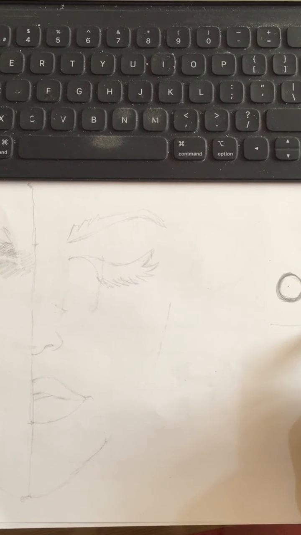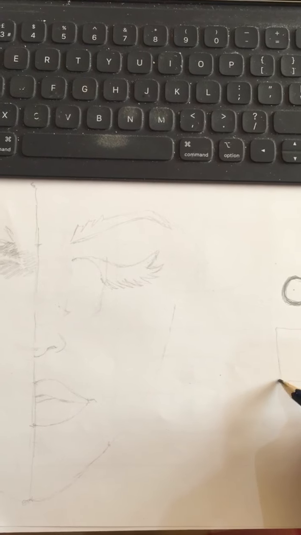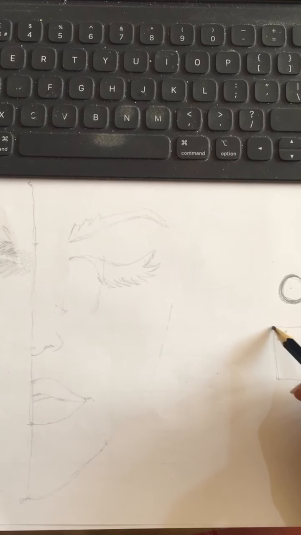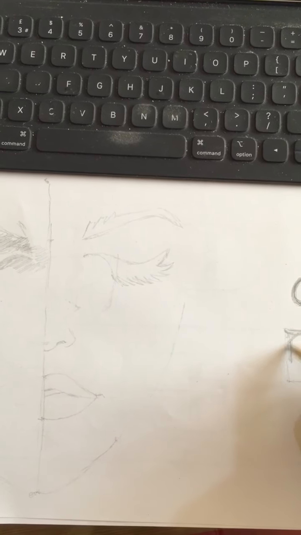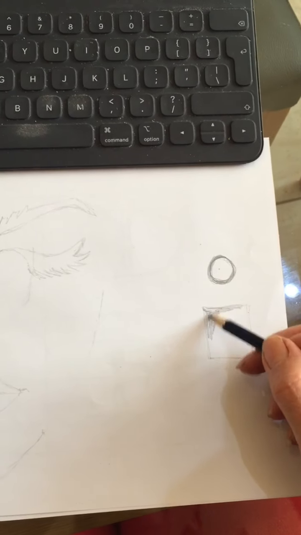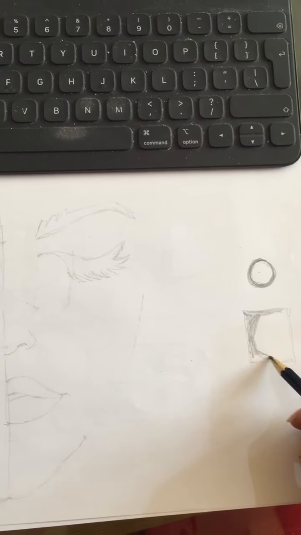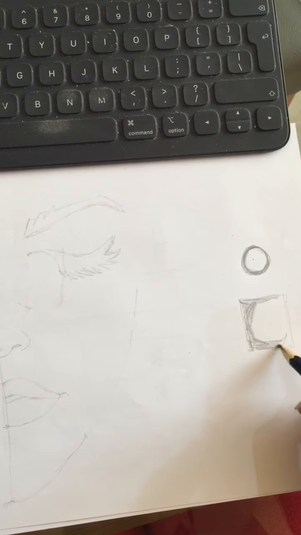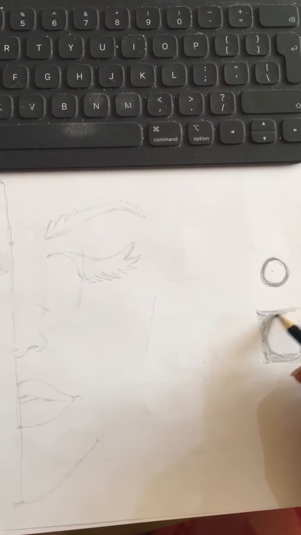If I want to use negative space, what I might do is set up a boundary for my drawing, and I'll draw everything except the circle. So if I focus instead, whoops, there's my camera, if I focus instead on all the background space here, and this is going to be very rough, but if I focus on all of this around here,